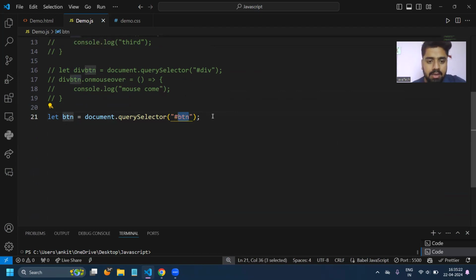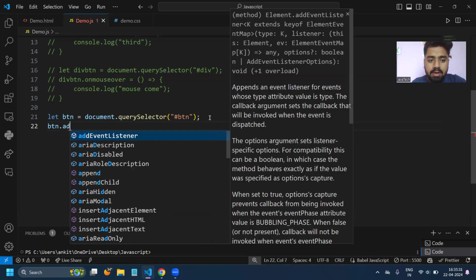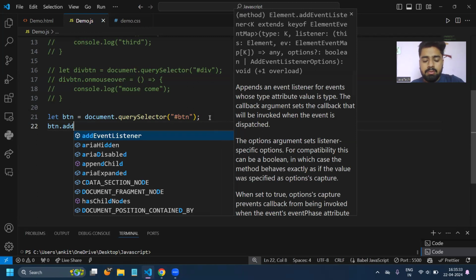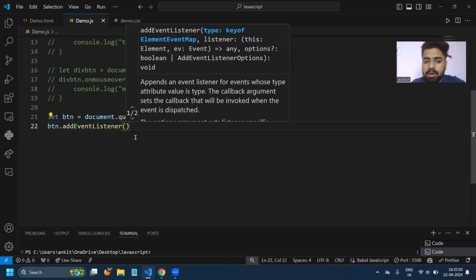Okay, and then after I will perform the event listener on this btn. So btn.addEventListener. For performing the concept of event listener, there is a predefined function, addEventListener, that is defined in your JavaScript. So addEventListener, and inside this you have to write the kind of event